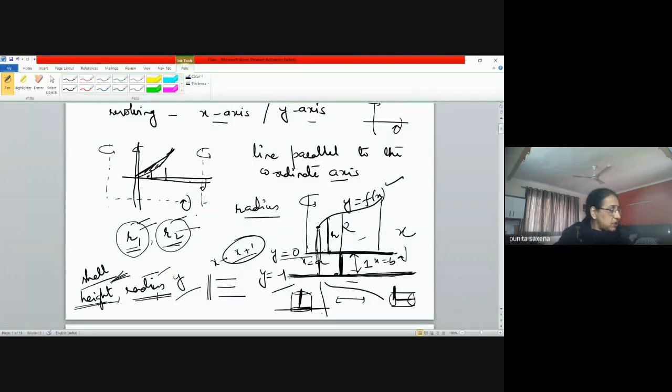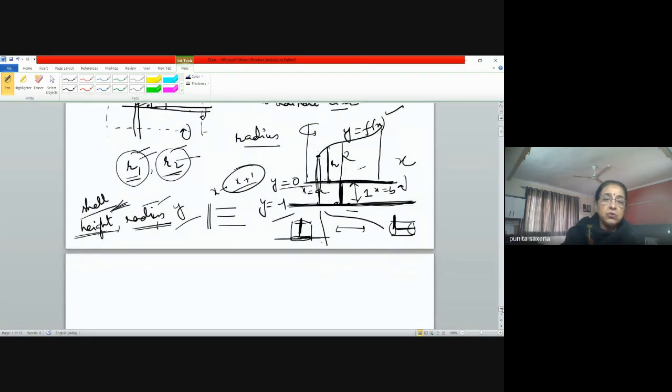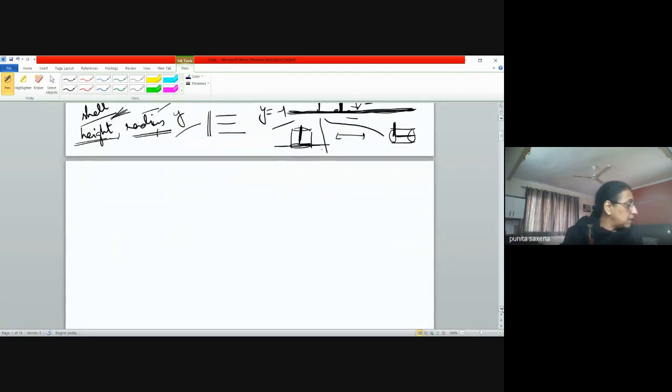Okay, so based on this, if you try out examples, if any problem comes up we'll discuss it later on, but these are the examples that you can try from your book only. I am telling you this from the new edition. This is your example number 6 that you try, and then try example number 6 from 5.2 and example number 3 from 5.3. Okay, so try these two examples. In this case the axes of revolution are not the coordinate axes but different lines. Try these two examples and I think you'll be able to understand. Fine.